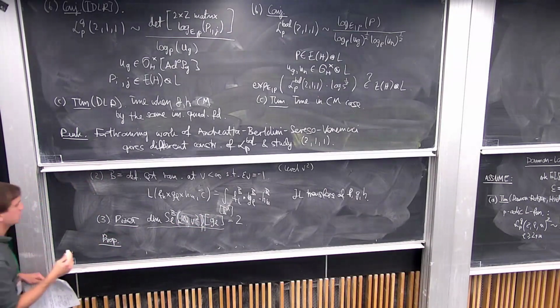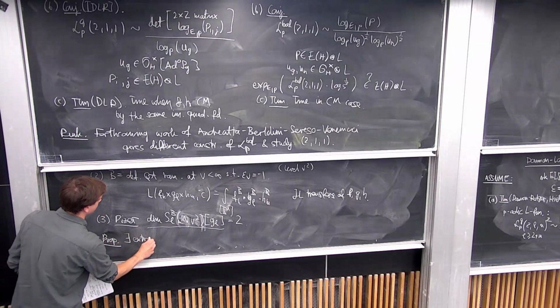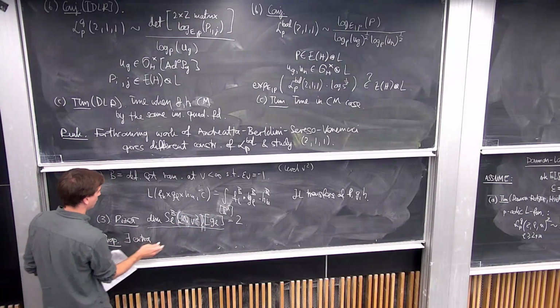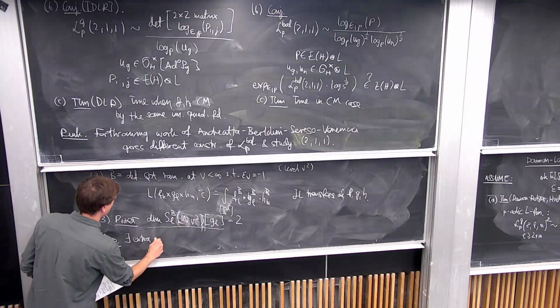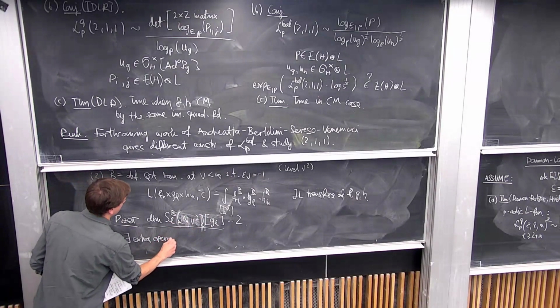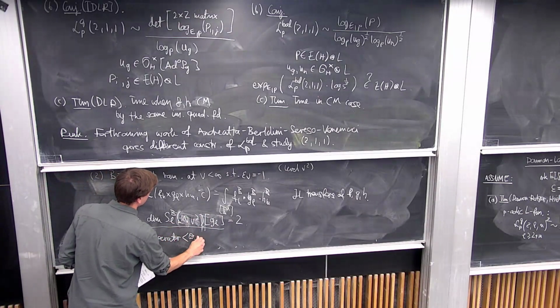So the last thing I'll say is how we resolve this issue. We define an extra operator, sort of some Hecke operator on the quaternion algebra, but it's not one of the classical ones. It comes from the uniformizer of the quaternion algebra at v. I'm going to call it pi v,